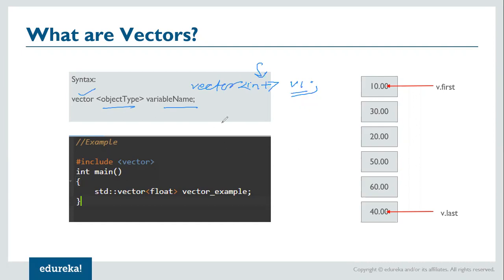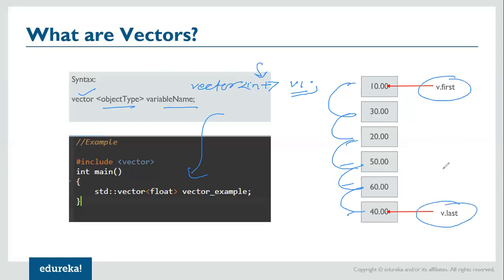Now this has been explained with an example here, as you can see below. And also this is a representation of a vector, which is holding decimal numbers 1, 2, 3, 4, 5, 6 here, right? So these are stored in a sequential manner. This is one, then next, then next. You have an option, which we will see in the next few slides, to access the first element and the last element and the elements in between with the help of iterators.